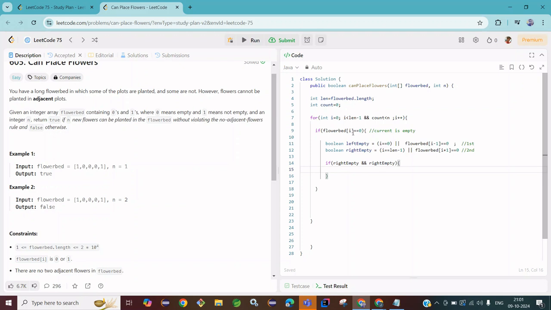So how can we plant the flower? We can make the current index 1. If it is 1, that means the flower is planted, because 1 is denoting the flower is already planted here. And then if planted, we can make it count plus plus. So like this we can write the logic, then we will try to return